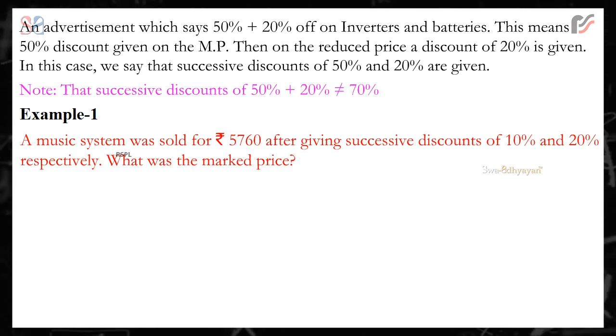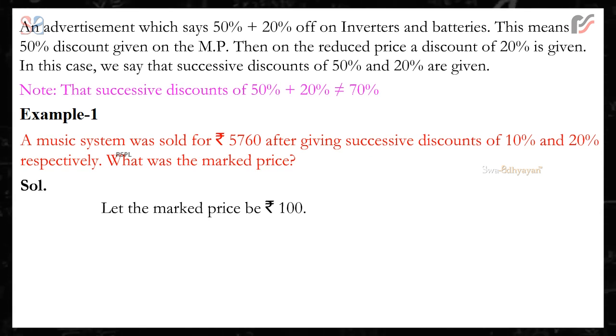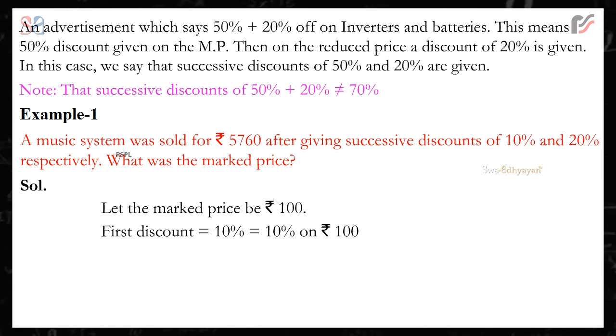Example 1. A music system was sold for Rs 5,760 after giving successive discounts of 10% and 20% respectively. What was the marked price? Solution. Let the marked price be Rs 100. First discount is equal to 10% is equal to